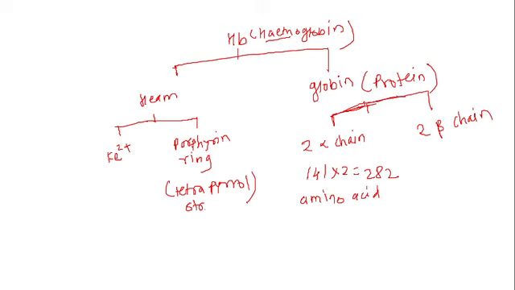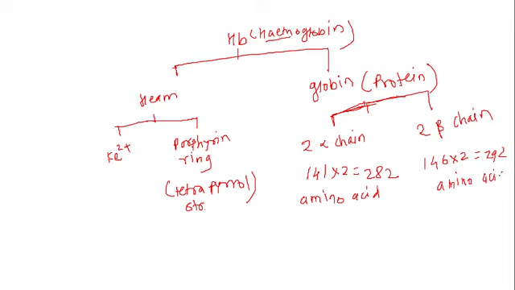Okay, 282 amino acids. Likewise, here the two beta chains: one beta chain contains 146 amino acids. There are two beta chains, that's why 146 into 2, which is equal to what? 292. That means the two beta chains contain 292